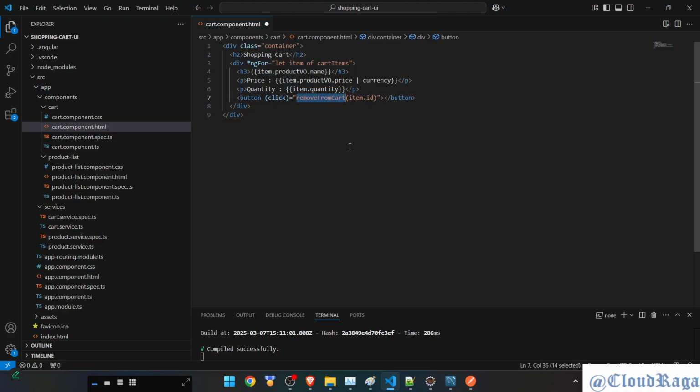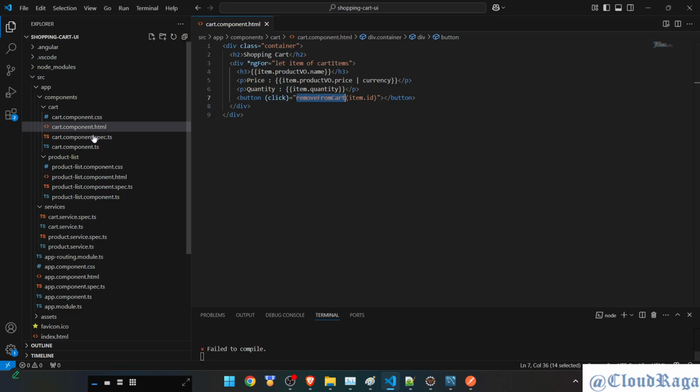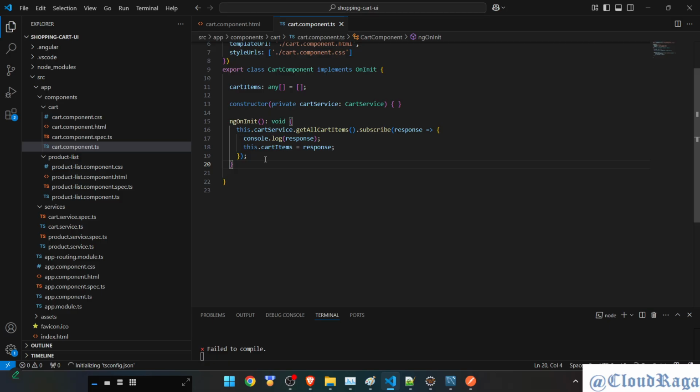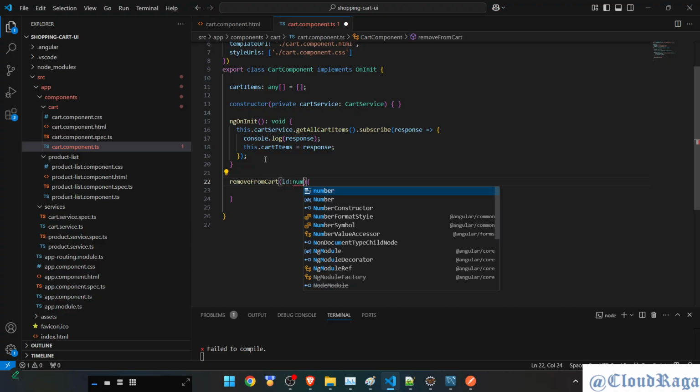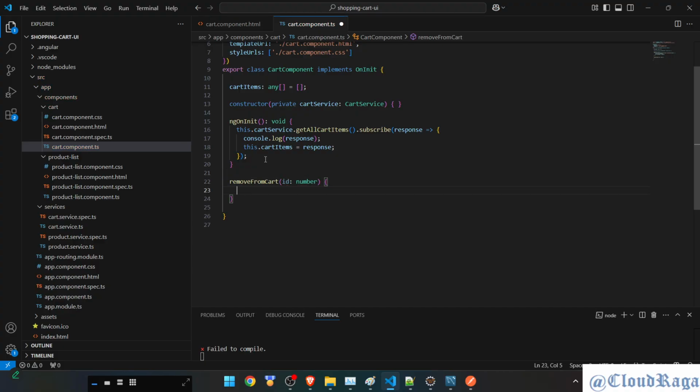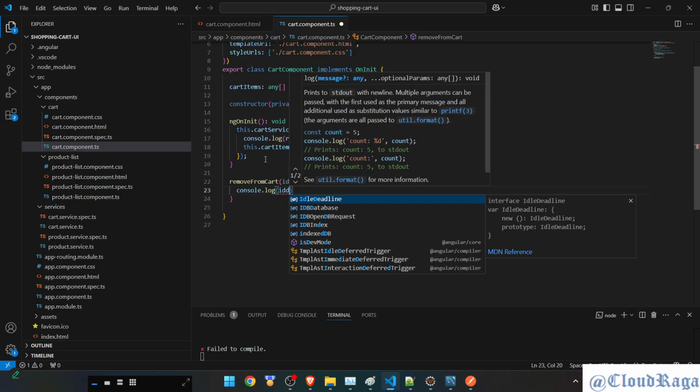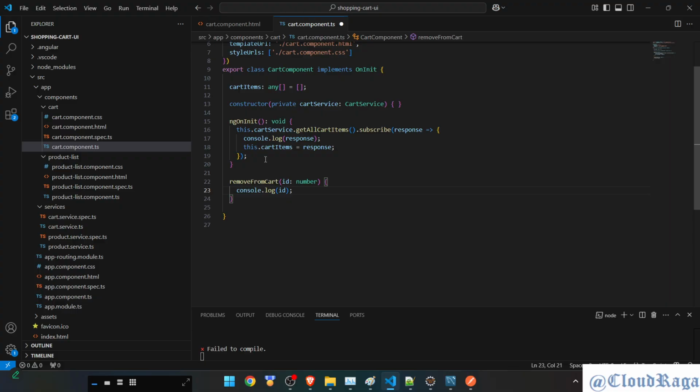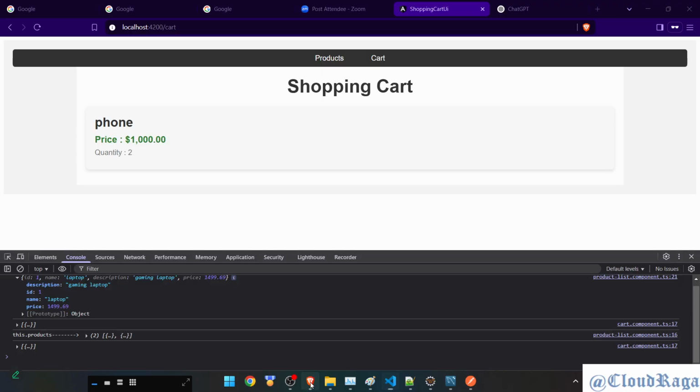Great, let's copy this function name. We'll switch to its TS file. There it is. Okay, and I need to add this TS function which says ID, and it's going to be a number type. So give the number, format done, and for now, let's verify whether we are getting that data or not. Log, and data means the ID, whether we are getting it from the frontend or not. Okay, this is done. Let's check